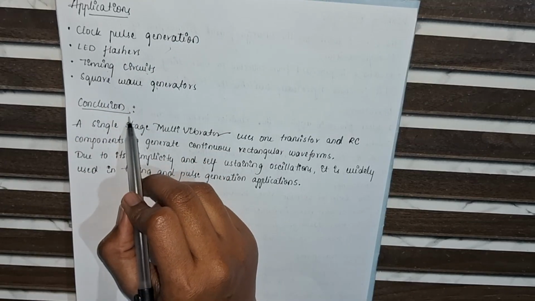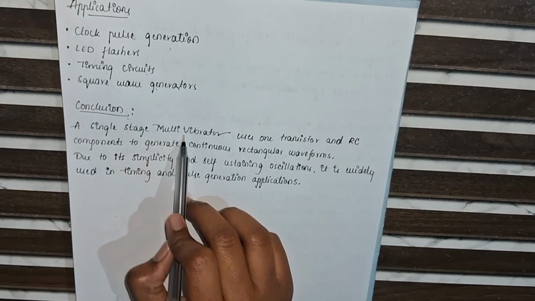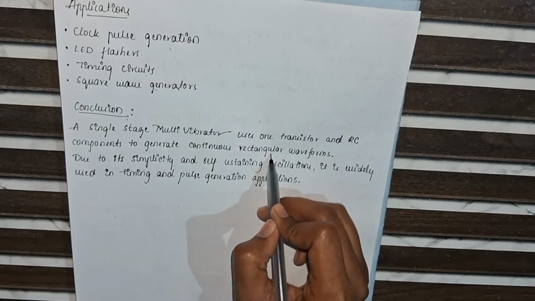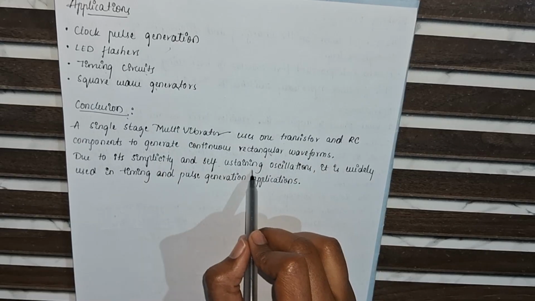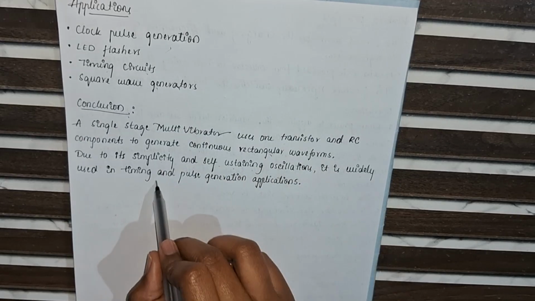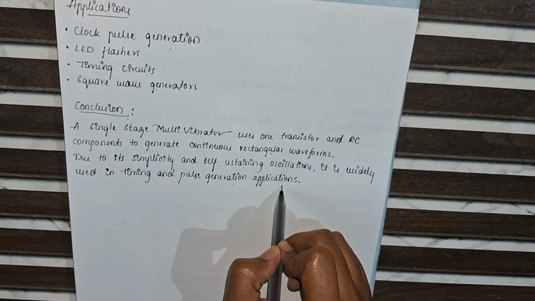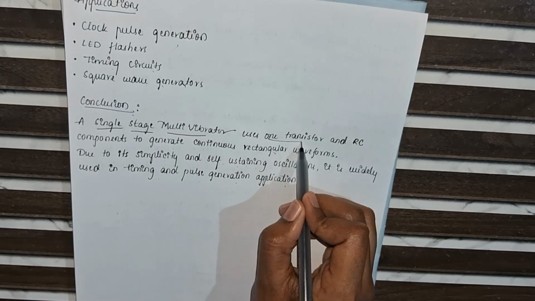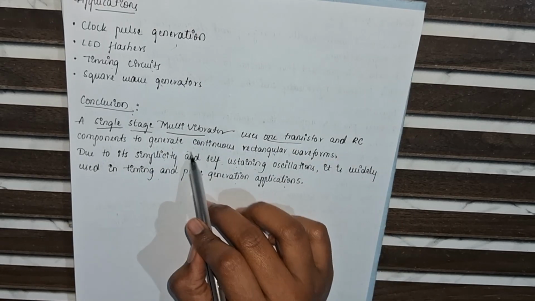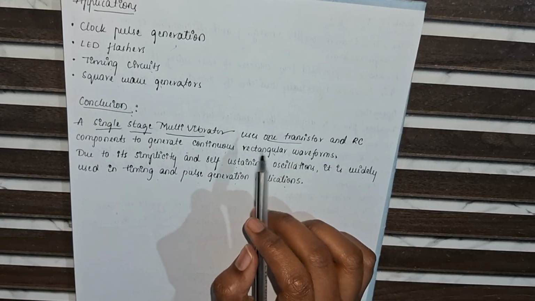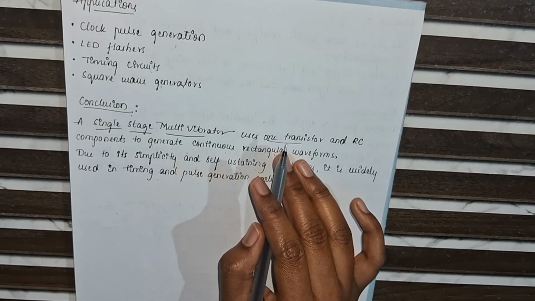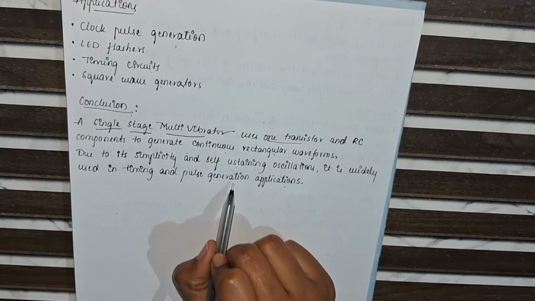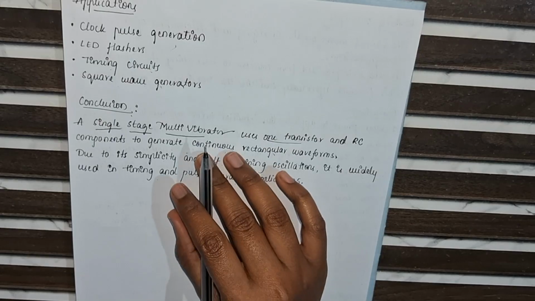Next part is the conclusion. The single stage multivibrator uses one transistor and RC components to generate continuous rectangular waveforms. Due to its simplicity and self-sustaining oscillations, it is widely used in timing and pulse generation applications. The oscillations are produced due to repeated charging and discharging of the capacitor, which turns the transistor on and off automatically. This is how you need to explain in the exam